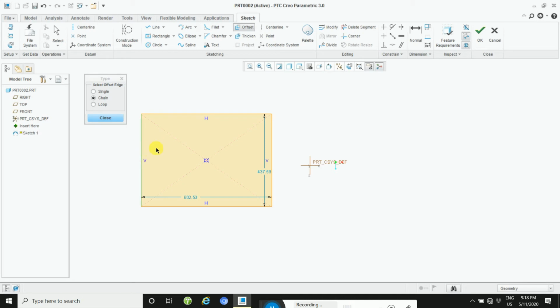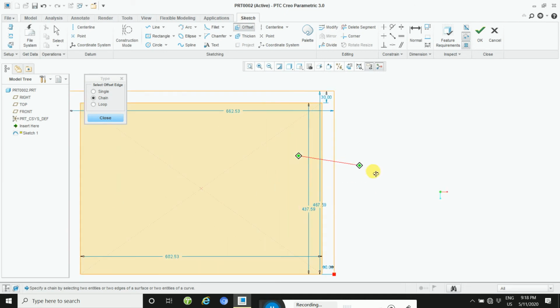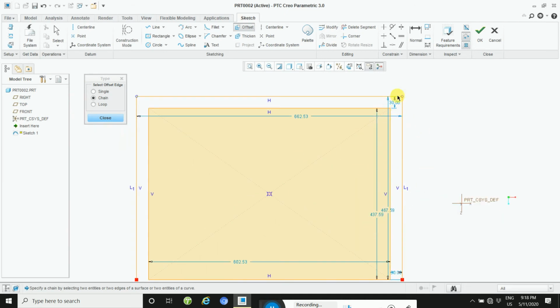This is the first and then the last. Here one menu option is next. Click on next, which is defined for selecting this line and this line, and then accept. Then put the value 30, and this way your object will be defined by 30. Chain.